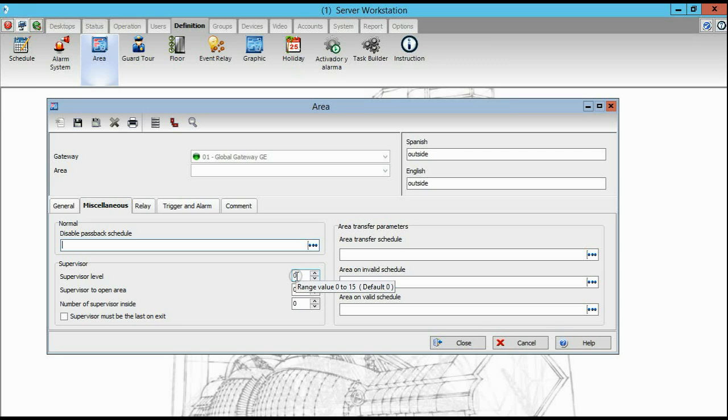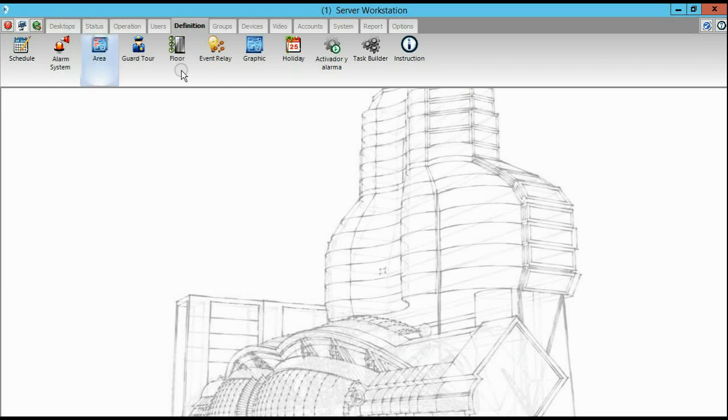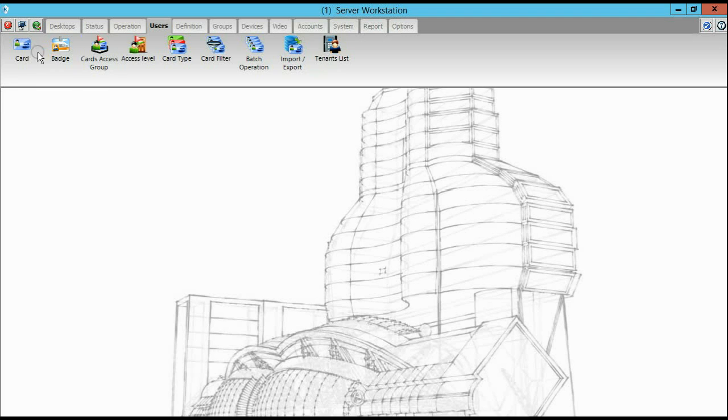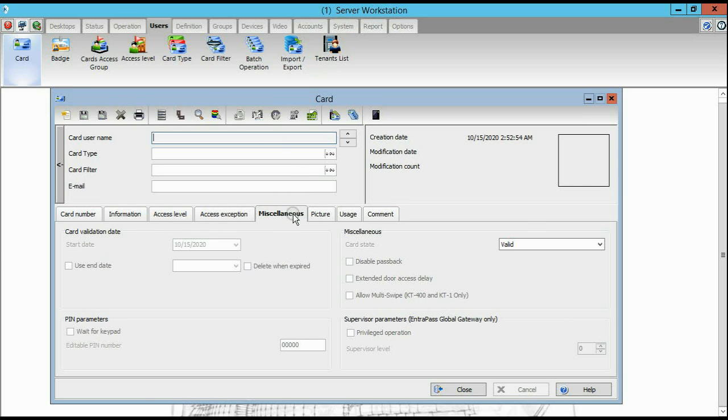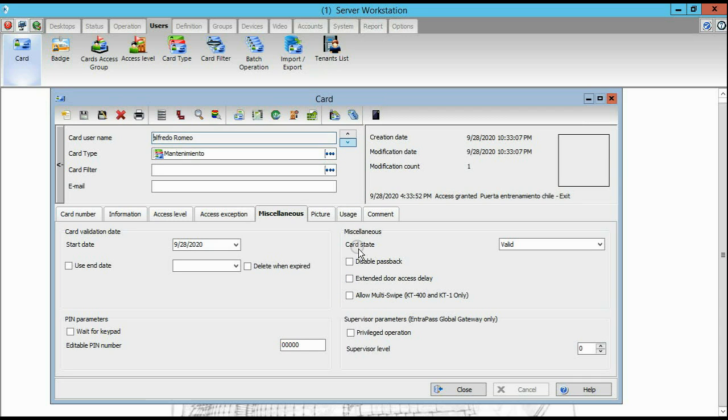Okay, for example, you can define here the supervisor level, because here we said supervisor. If I set that area and I say supervisor, now I have to say what type of supervisor. The supervisor is a user. Let me show you right away so we clear that up. In global, a user, in addition to what you already know on the user,